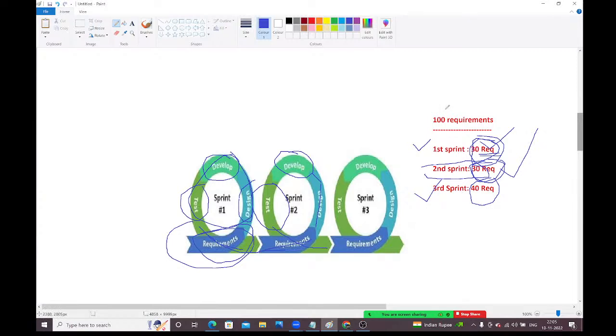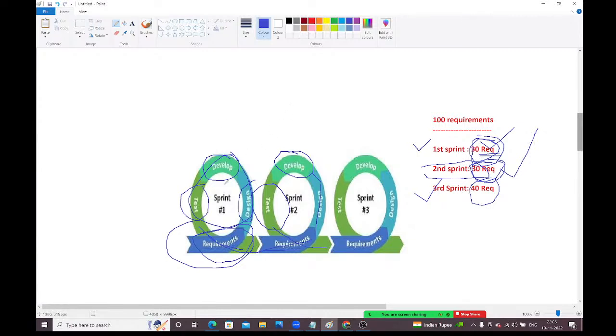Right, we need to go through the requirement, we need to go through the story, and see how many resources we have in our team. Based on that we need to divide. No one will tell us. The client side, no one will tell us that in the first sprint these many stories should be completed. They won't tell. Based on our team size and those requirements, we need to divide.